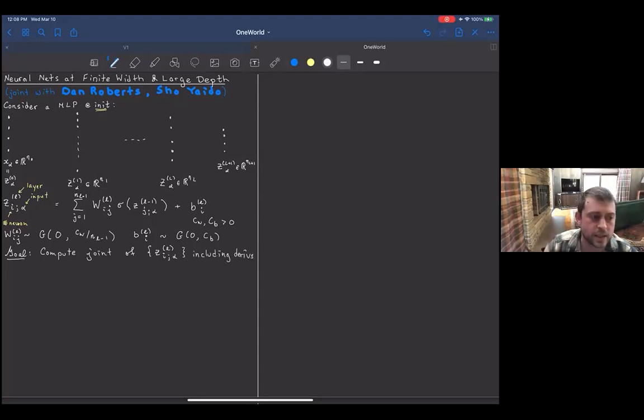And the regime I'm interested in is when the hidden layer widths n1 up to n capital L are large but finite. So they're all proportional to some large parameter little n. And I don't want to take little n to infinity. I just want to assume it's large. So that's what I mean by finite width. So large but finite width. Okay, so that's my goal. I'd like to understand at the start of neural network training, what does the neural network look like?